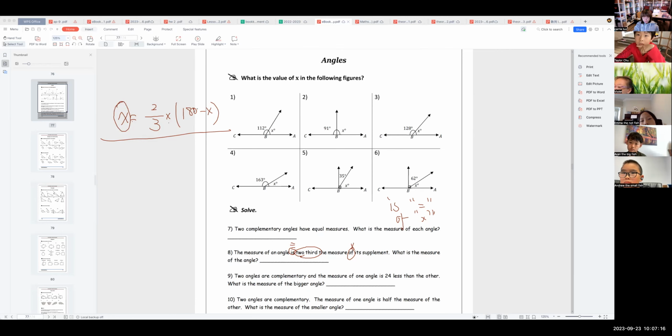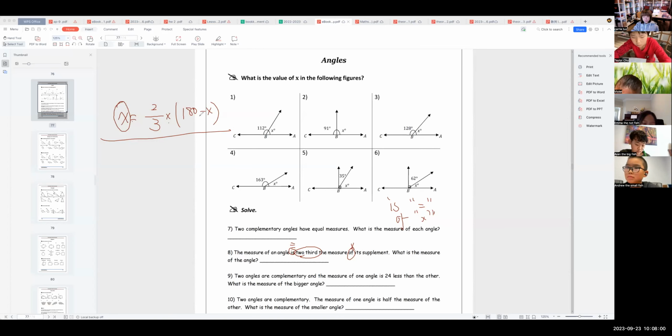This number using 180 minus x. Two-thirds is 120 degrees. Okay,